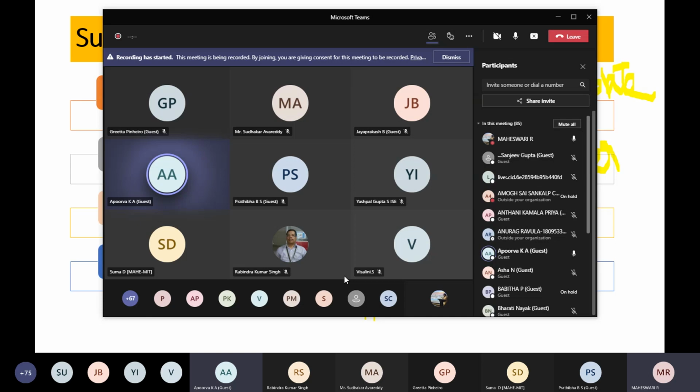Okay, thank you, ma'am. Any other tools, ma'am, that we can show students in the IoT lab? For example, the one we were using was Tinkercad, but in that the Wi-Fi module will not work. Last year it was there with the GSM model. Now they have removed the GSM model, ma'am. That's why we went with Node-RED.